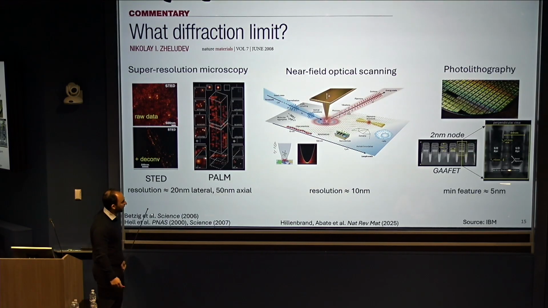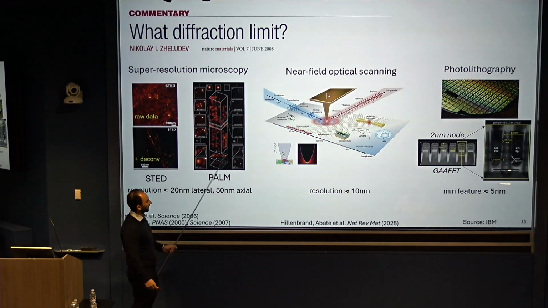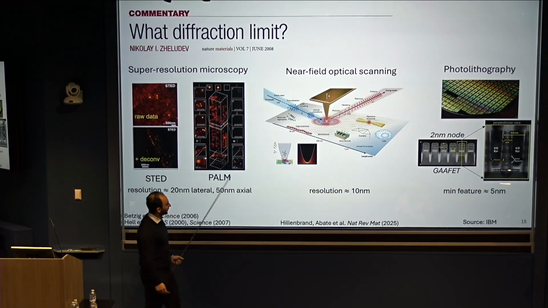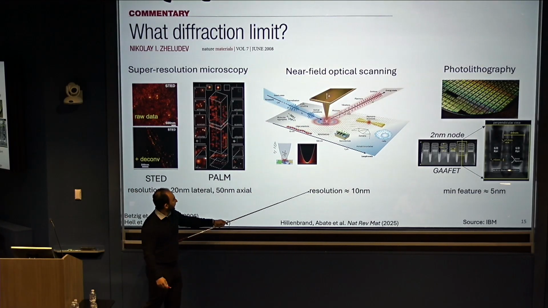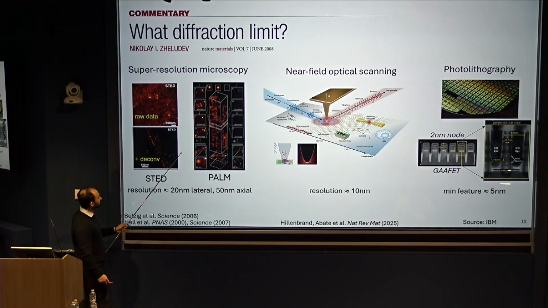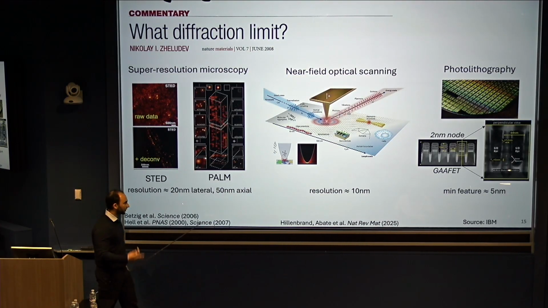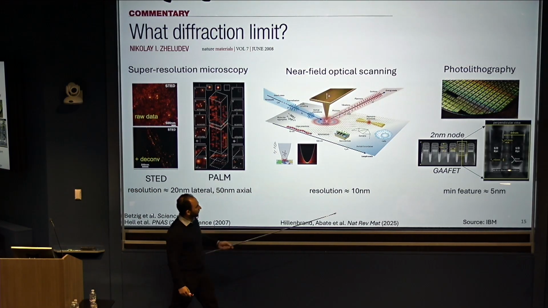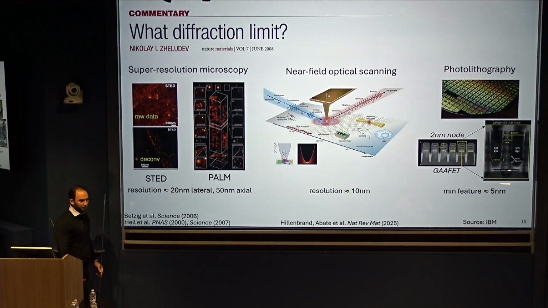Why talk about the diffraction limit in the first place? We all know that we can beat the diffraction limit. There are beautiful ensemble techniques that go in the near field and have resolutions of 10 nanometers. Famously, the Nobel Prize winning work says that you can shine almost 800 nanometer light on fluorescent objects, and you can get resolutions of something like 20 or 50 nanometers. And then even more important than the Nobel Prize winning work is that we can do photolithography with minimum feature sizes of something like 5 nanometers with light that might be 193 nanometers.